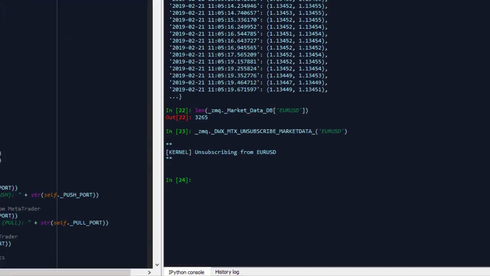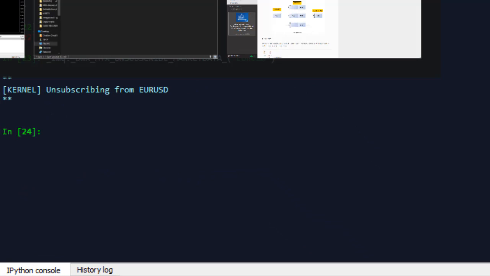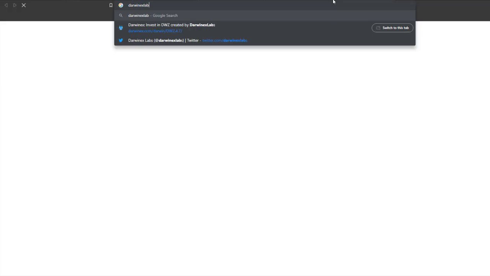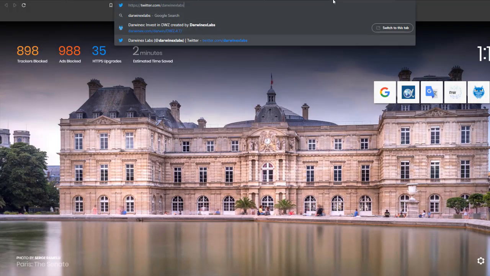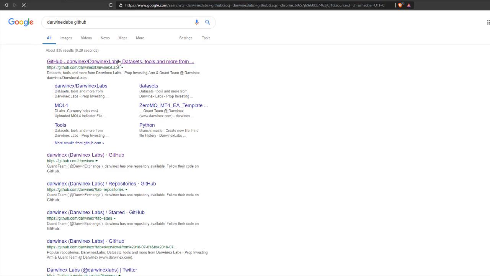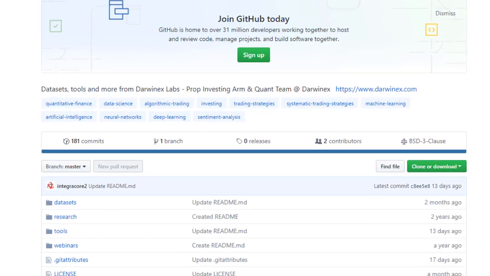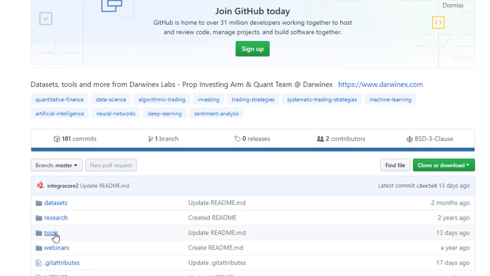It is available on our GitHub page. Let me quickly go there to show you where that is. It's on Darwinex Labs. So we'll go over to Darwinex Labs if I can find it. Let's go and do that. There we go. Right. Once you get to Darwinex Labs, the GitHub repository, you head over to Tools, and the